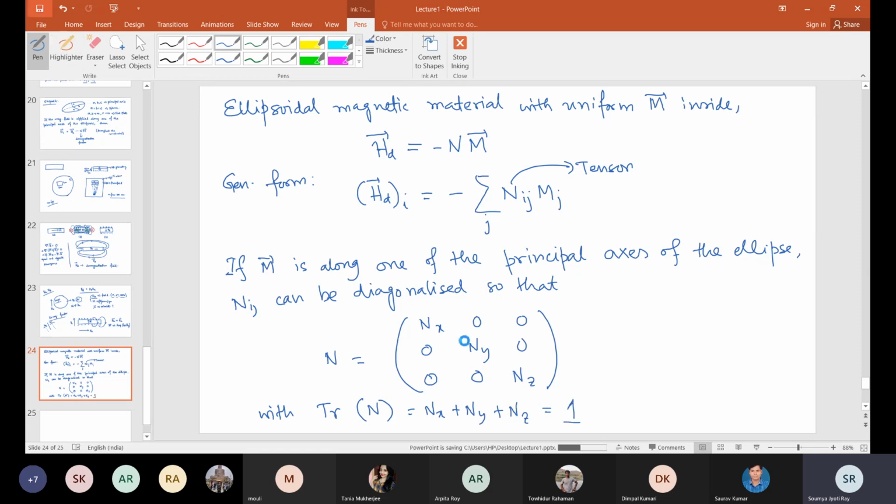You agree? So basically the off-diagonal components will be absent.